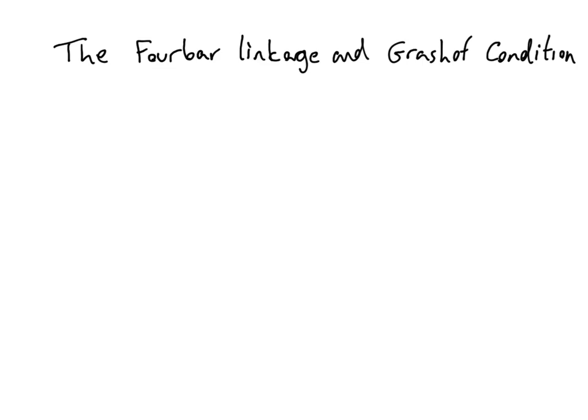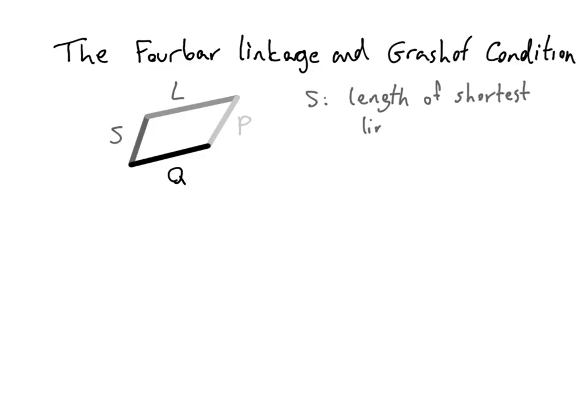So let's go ahead and draw a 4-bar linkage, and we're not going to worry about if any of them are a crank or a rocker or a coupler or which is ground. We're just going to look at their lengths, and we're going to name these lengths S, L, P, and Q. So S stands for the length of the shortest link, L is the longest link, and P and Q are